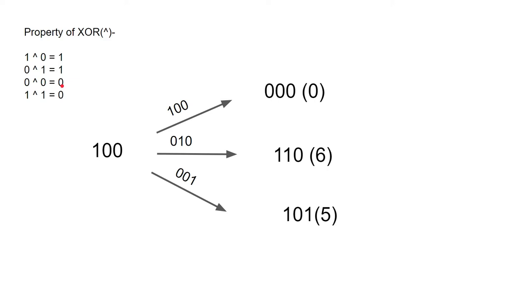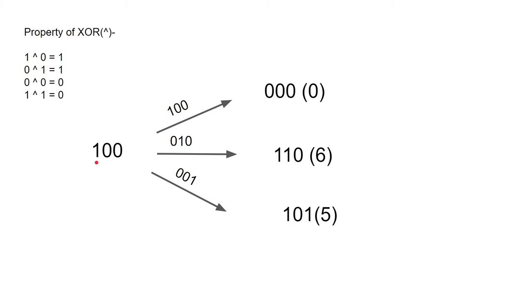and when the number of ones is not odd, in these two cases, then it will produce output as 0. So let's assume we are given this number 100 and the value of k is 1. In this case we have three numbers we can do XOR with this. First is 100, other is 010, and the last number is 001. Also there is the number 0 in which all bits are 0, then we'll be getting the original number, that is 4. So when we are doing XOR of 100 with 100, we'll be getting 0. The decimal representation of this is 0.